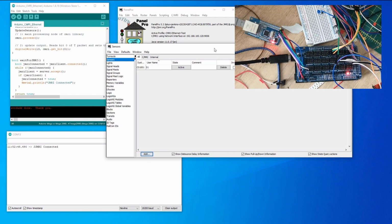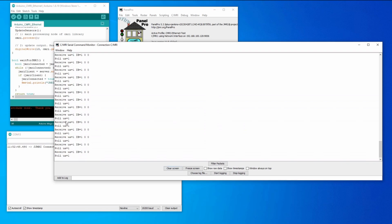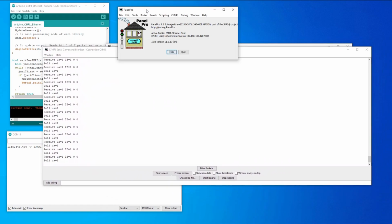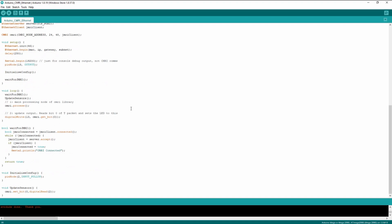The only thing that's happening over serial is this debug output, and the last thing to check would be the CMRI monitor to make sure, again it's gone off screen, that we're polling and getting responses to polls, which only happens once we have a sensor attached there. So that really is CMRI over Ethernet. It's really not that much additional code to implement over the hello world thing,